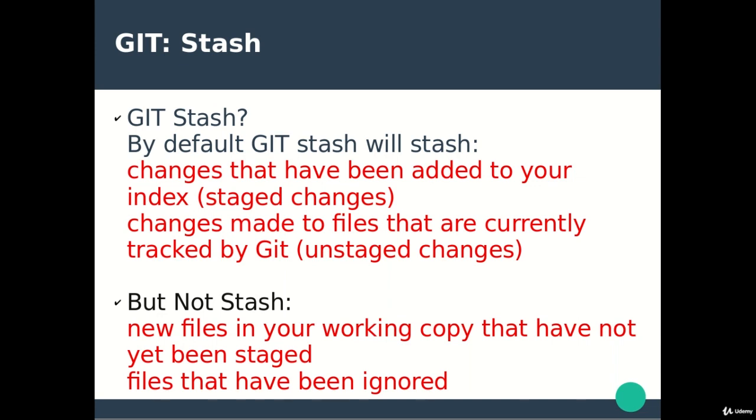So when we are executing the Git stash, the stash will work only for the tracked files, okay? Although they are staged or unstaged, right? The files which are being tracked by Git. By default, it will stash the changes only in the tracked files, and it will not do any stash operation for the following two options: new files, which are added in your working directory but still not staged, okay, and files that have